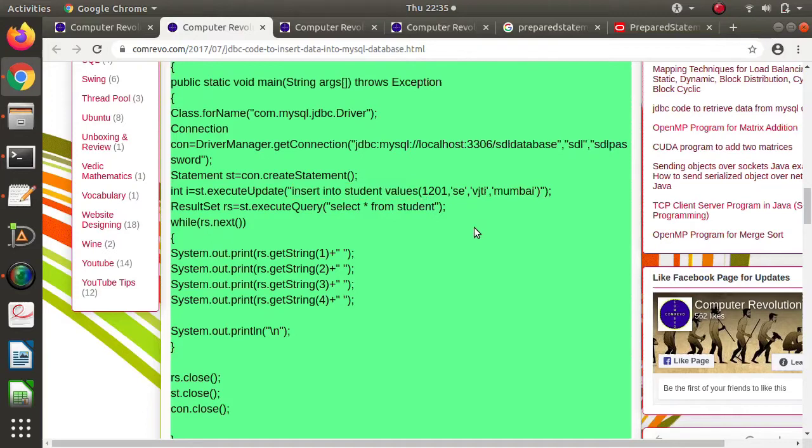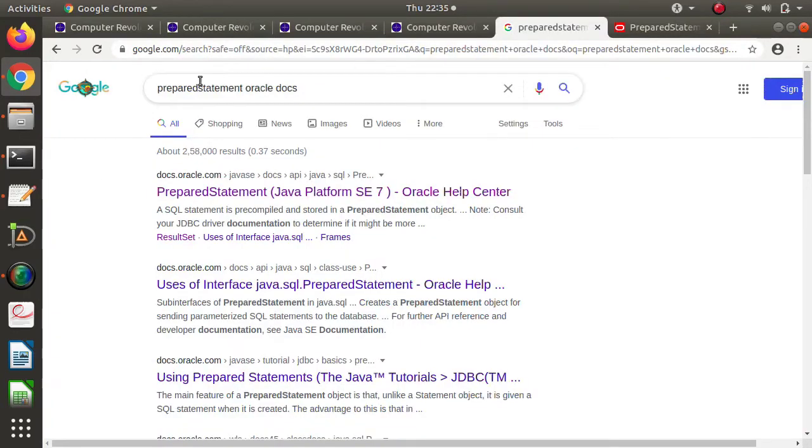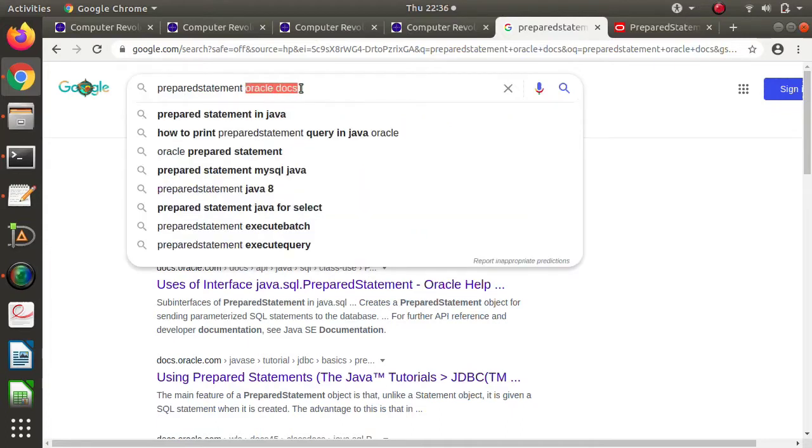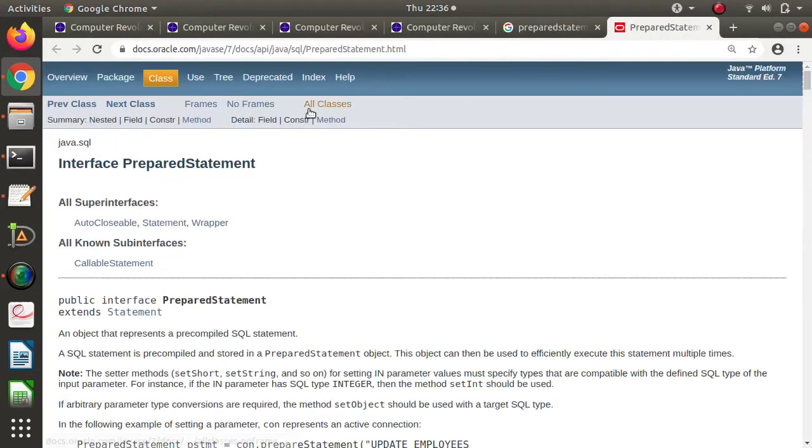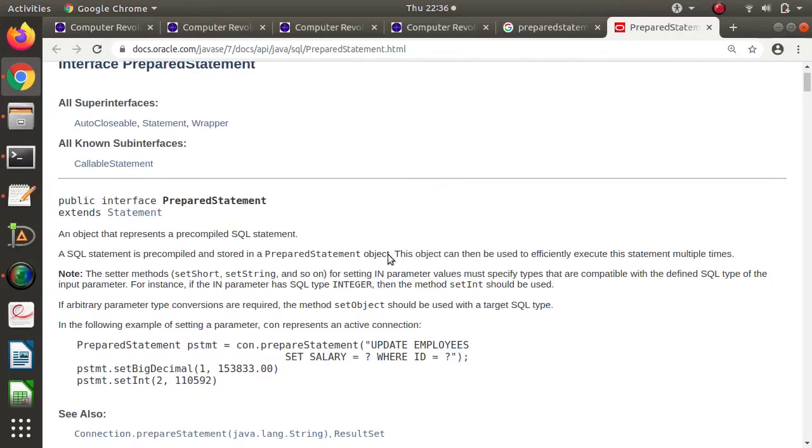So to avoid that, we use prepare statement. Just like statement, prepare statement is also an interface. If we search on Google and check the Oracle Docs, the official website of the Java language, we can see prepare statement is an interface, and you will come to know it is a child interface of the statement interface.